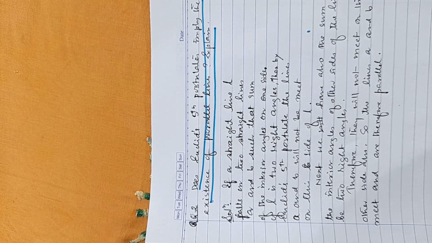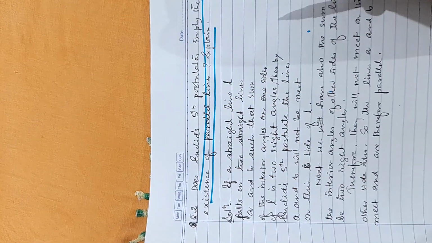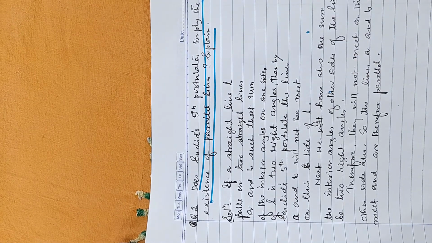If a line falls on two lines, and the sum of the interior angles on the same side of the intersecting lines is not two right angles, then both lines will meet somewhere. They will intersect each other. But here, does Euclid's fifth postulate imply the existence of parallel lines? Yes. Why not? If the sum of the angles is two right angles,